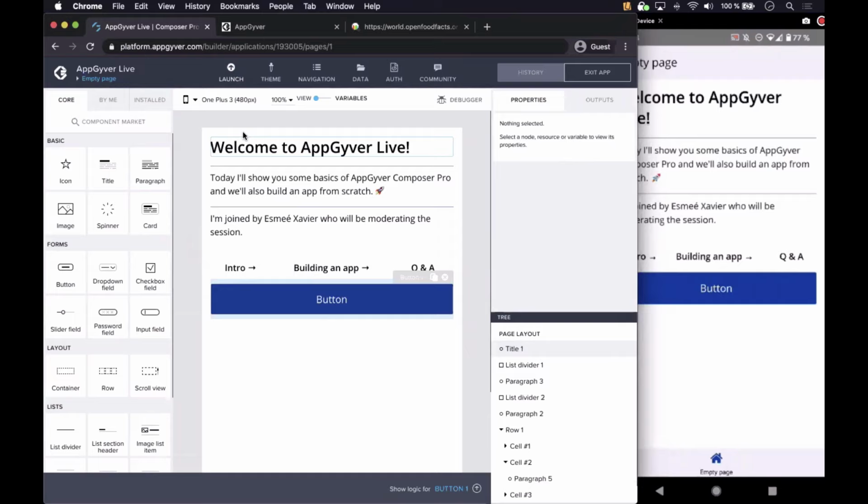So what are we going to build today? We're going to build a little app that scans barcodes of food items and then tells us information about them. And something that we're going to use here, the next,